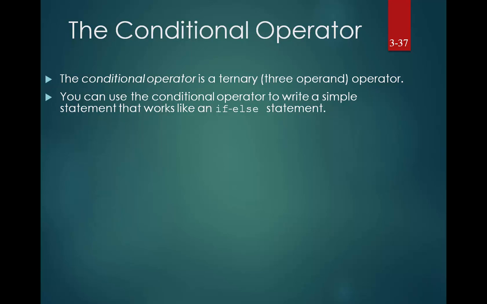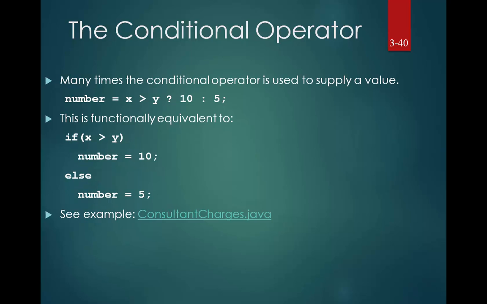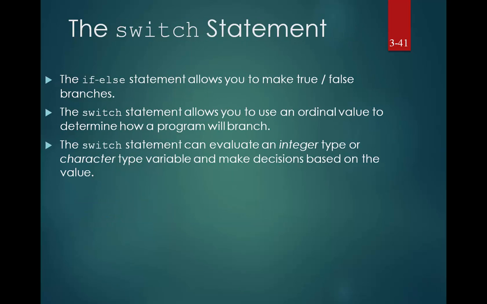Okay, scope is very difficult to discuss in a video, so I'm skipping over that for the moment. I'm also going to skip over the conditional operator. It's a shortcut operator that lets you do something that's like an if statement. I encourage you to look for it in the book if you're interested in it, but we will not be using it in class. A switch statement, on the other hand, is something that we'll be using in class, and